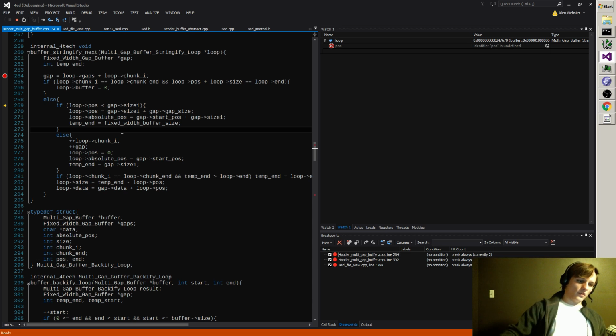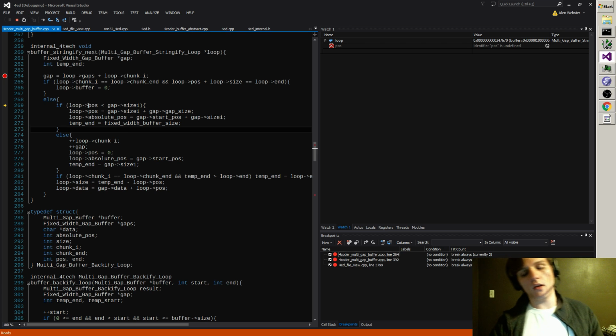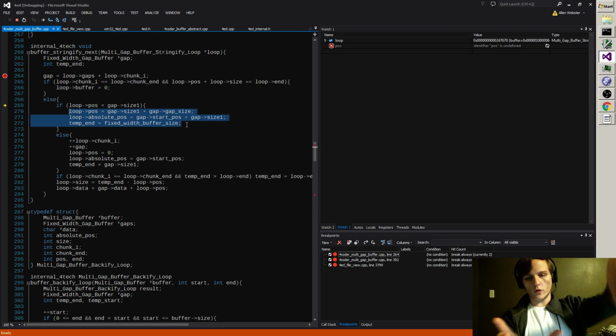So you see the problem here? I can't just do any old willy-nilly thing. I was just saying if the position's less than the size, Bob's my uncle, I know that I'm in the part of the loop where I'm before the left-hand side, but there's the unusual case where position is not less than size and it's 0, but I can't just say if position is less than or equal to size, because normally when position is less than or equal to size, that means that I'm at the beginning of the next